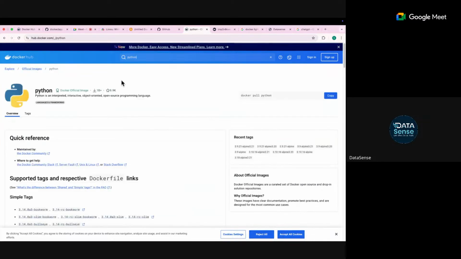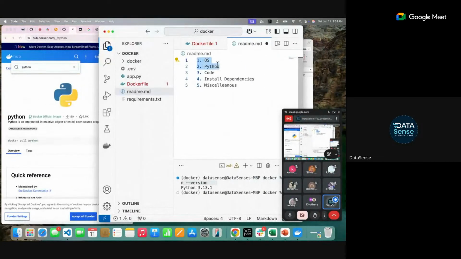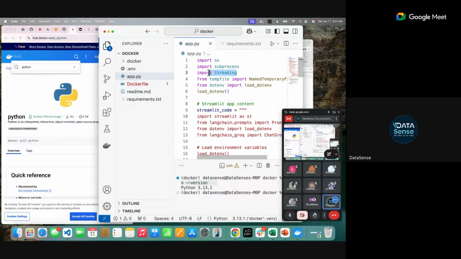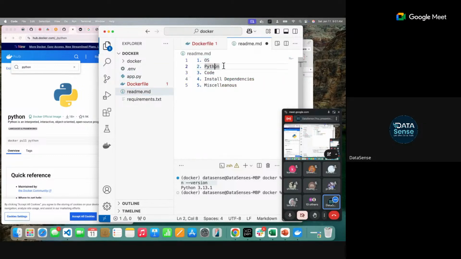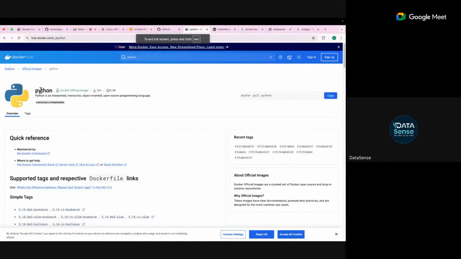So this is the Docker official image of Python. It is not created by any random person. This is the official image that you can use. So technically, the first two parts we are not going to write on our own. We are going to import from somewhere, just like in libraries we import something from somewhere else. Similarly, we will import these two from somewhere else, stored in the pre-built image.